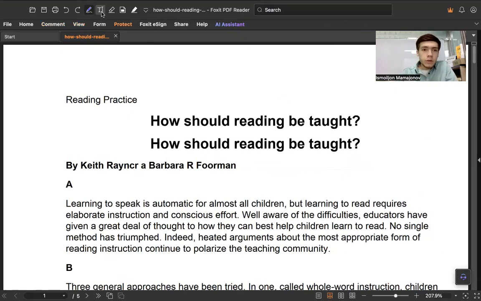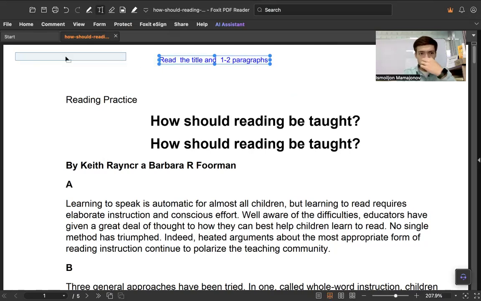As always, what I do in the beginning is very important. You should read the title and preferably one or two paragraphs as well, to get the idea of what's going on. You should know what's going on, what's going to happen.